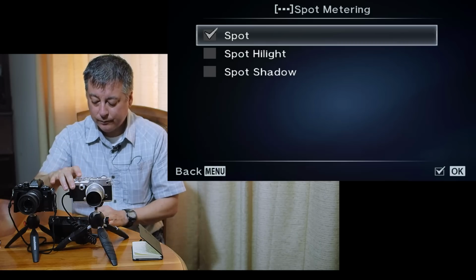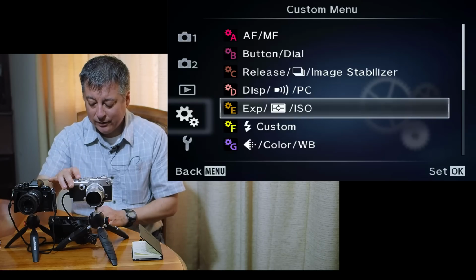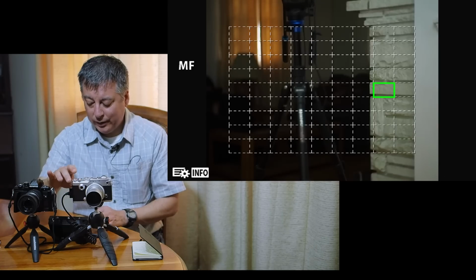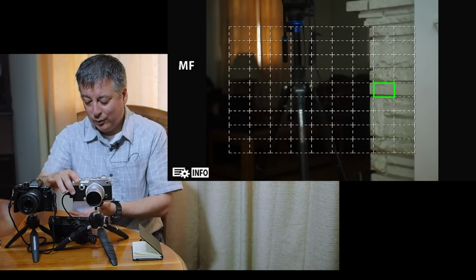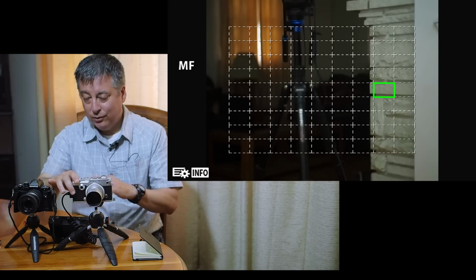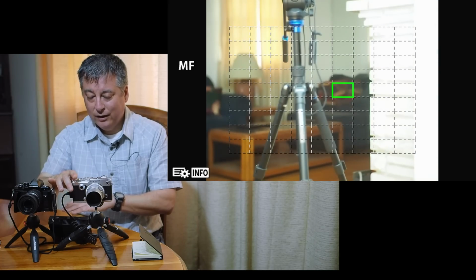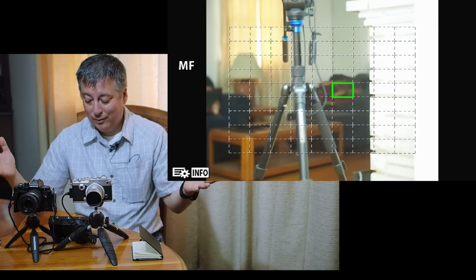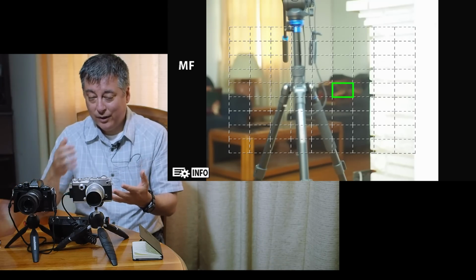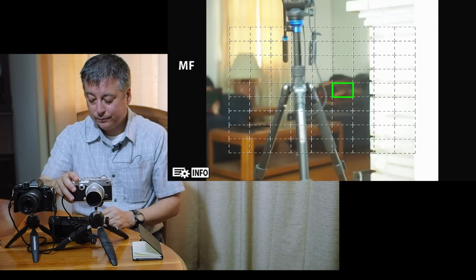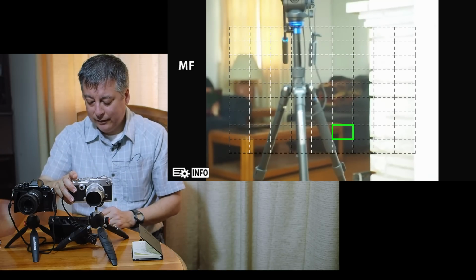But when I have this box checked, now when I'm metering, if I change the focus point, like right now I'm on this white brick, so the exposure drops down to expose for the brick. But if I move over here to the sofa, you can see it raised the exposure quite a bit, and now the image is much brighter because it's trying to expose for the sofa versus the white wall. And as I move this around, you can see how it changes,